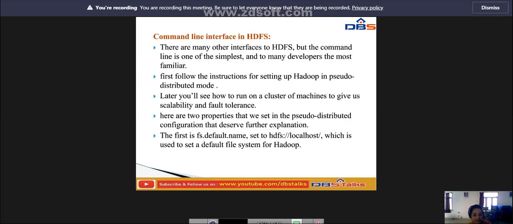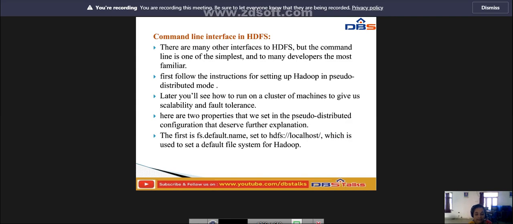File systems are specified by a URI, and here we have used an hdfs URI to configure Hadoop to use HDFS by default. HDFS will use this property to determine the host and port for the HDFS name node. So we will run it on localhost and the default HDFS port 8020, and HDFS clients will use this property to work out where the name node is running so they can connect to it.